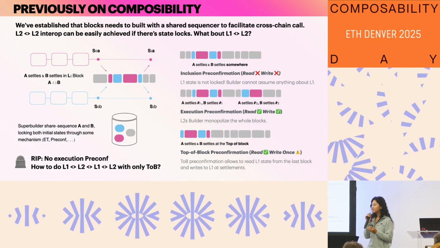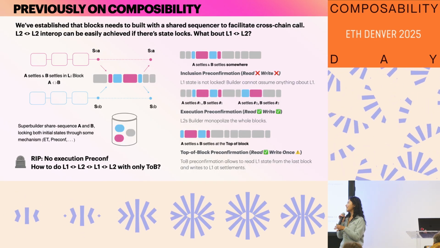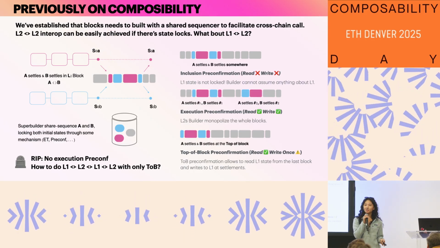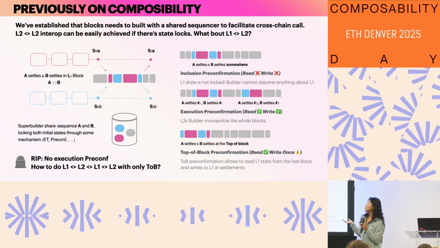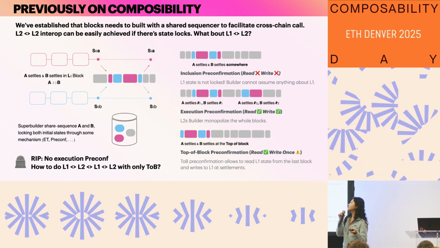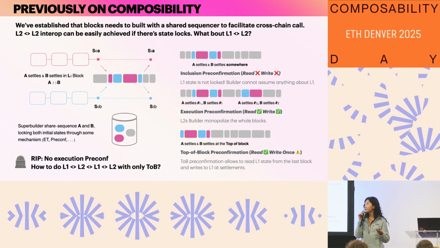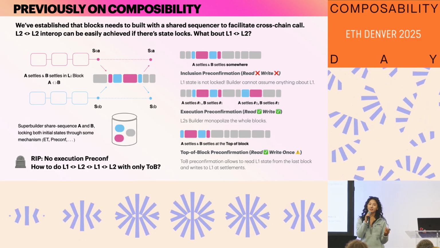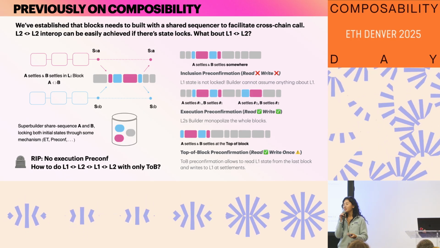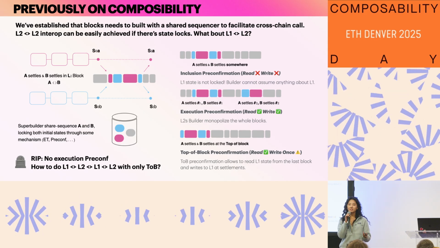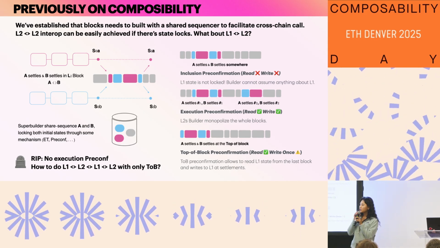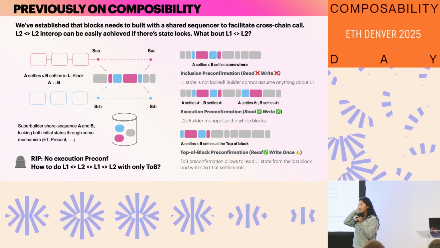So I gave this talk in Bangkok on this exact same day about synchronous composability. And previously, I touched on the fact that we can establish state lock. We established that block needs to be built with a shared sequencer to facilitate cross-chain call, right? And L2 to L2 interoperability can be easily achieved if everything is indeed sequenced in the same machine, right? If we have certain state lock mechanism like